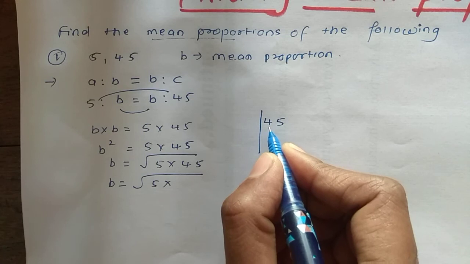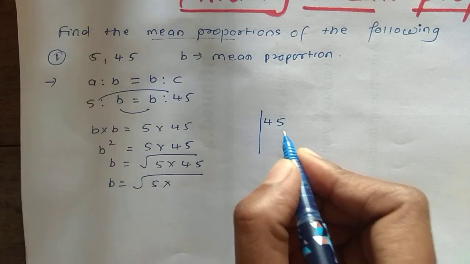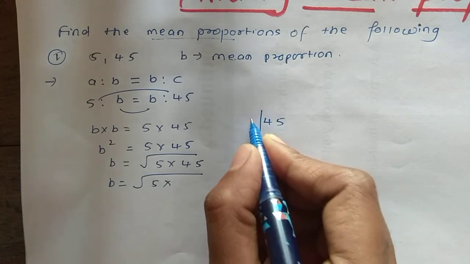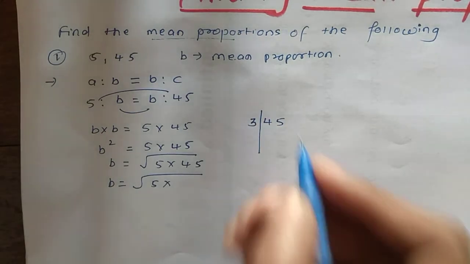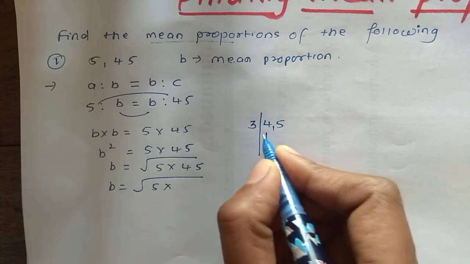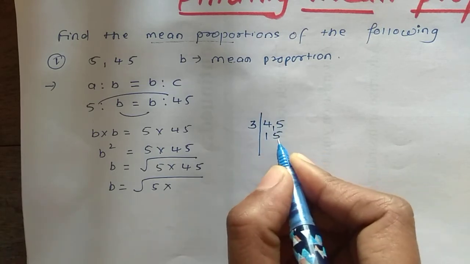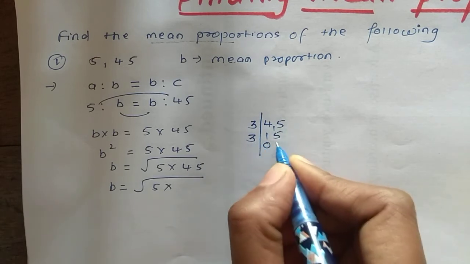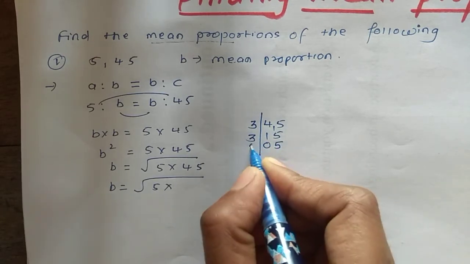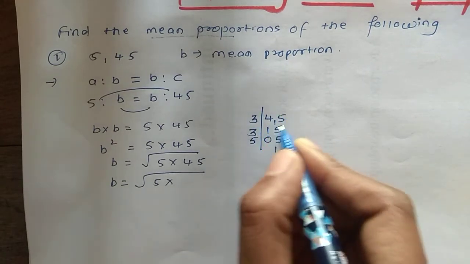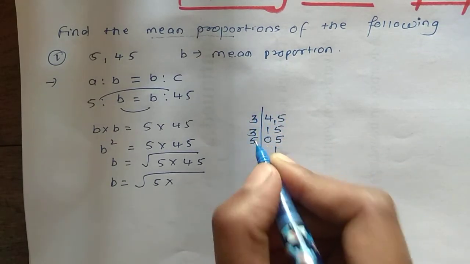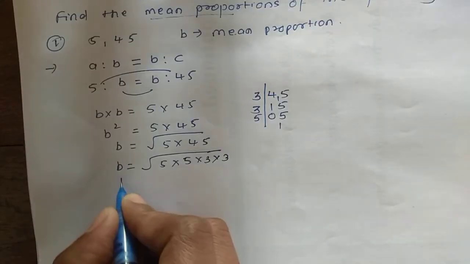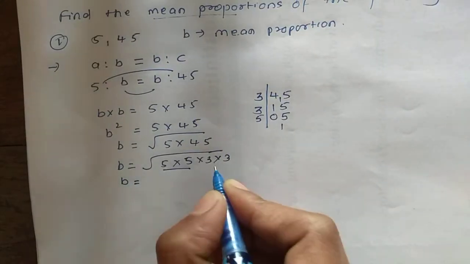As we know, 4 plus 5 is 9, so you can divide this with 3, or you can divide with 5 also. So 3 ones are 3, 1 carry, so 3 5s are 15. Again you can divide this with 3. So 3, here 1 is less than 3, so we'll put 0. 3 5s are 15, then 5 remains, 5 1s are 5. So instead of writing 45, you can write this as 3 into 3 into 5, or 5 into 3 into 3.